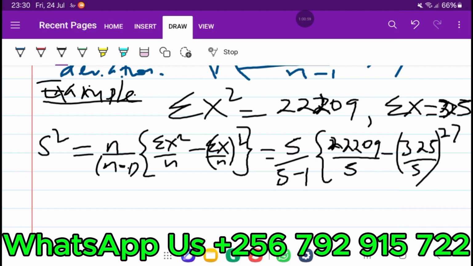So we substitute, we put it in the calculator. Let's start with what is inside. Of course, this is 5 over 4,